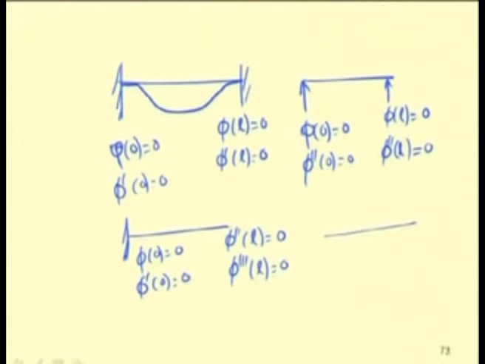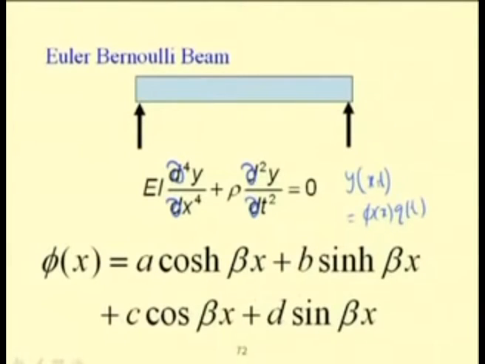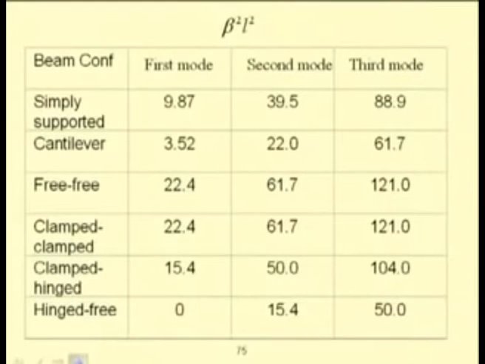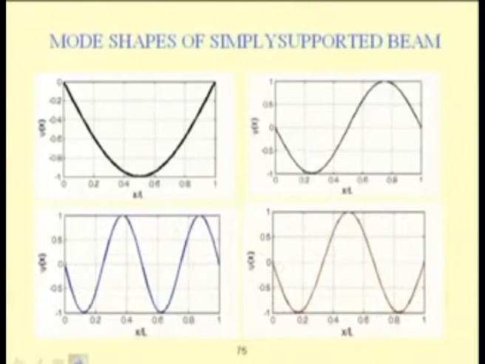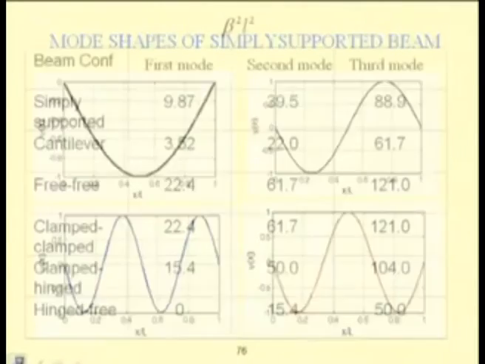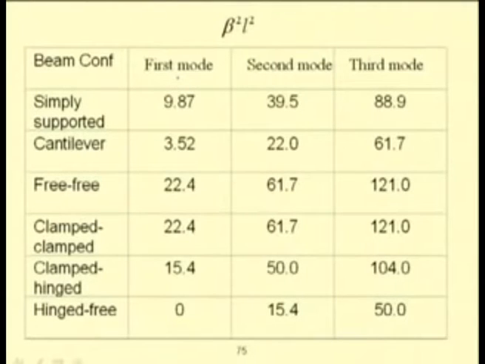So, using these boundary conditions in the generalized equation, one can find the frequency equation and the mode shapes of the system. So, here are different mode shapes and frequency equations. These are different mode shapes, and one can find different frequencies corresponding to beta L. One can write the frequency omega equal to beta square L square root over E I by rho L fourth.